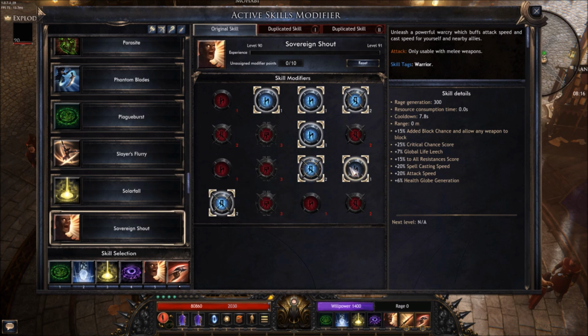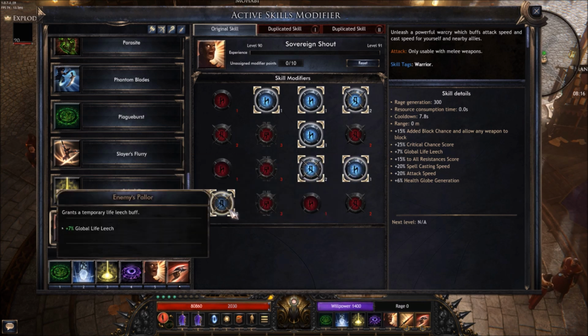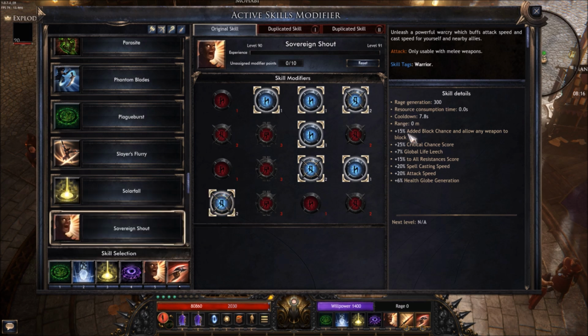Temporary crit buff. Increase the effectiveness of all this. And then finally, the life leech. So these are all the statistics we're getting here: 25% crit chance, 7% global life leech. We're not taking life leech in any of the passive nodes, but we do gain 7% when we have our shout up. 15% to resistance, 20% spell casting, 20% attack speed, and then the important thing here is the 6%